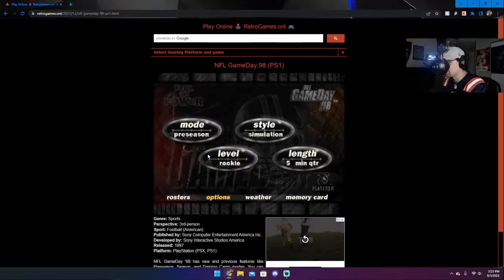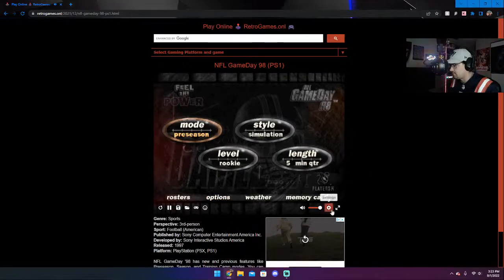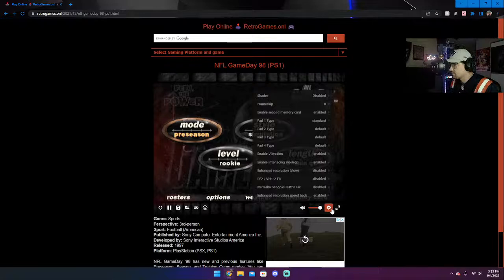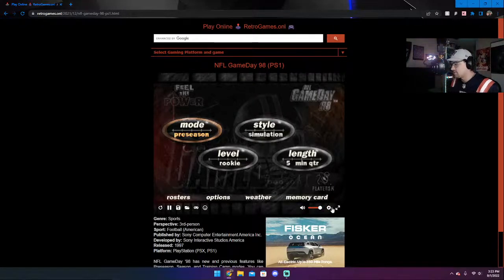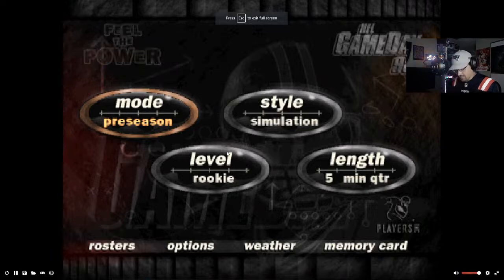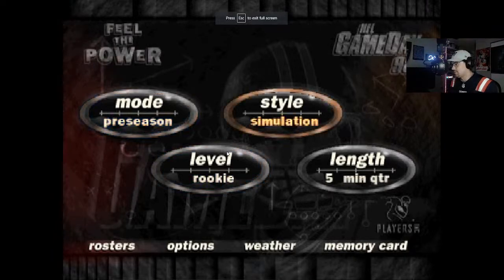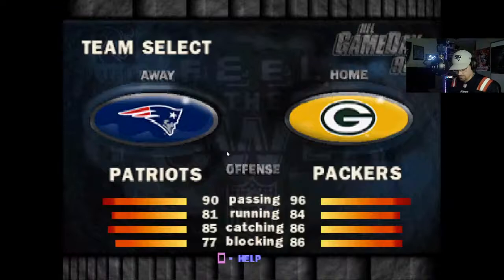Half the buttons on this controller aren't even working. This thing does not pick up the controller at all. Okay, well, I guess we're going old school here, and we're gonna have to use our buttons. Oh, shoot.